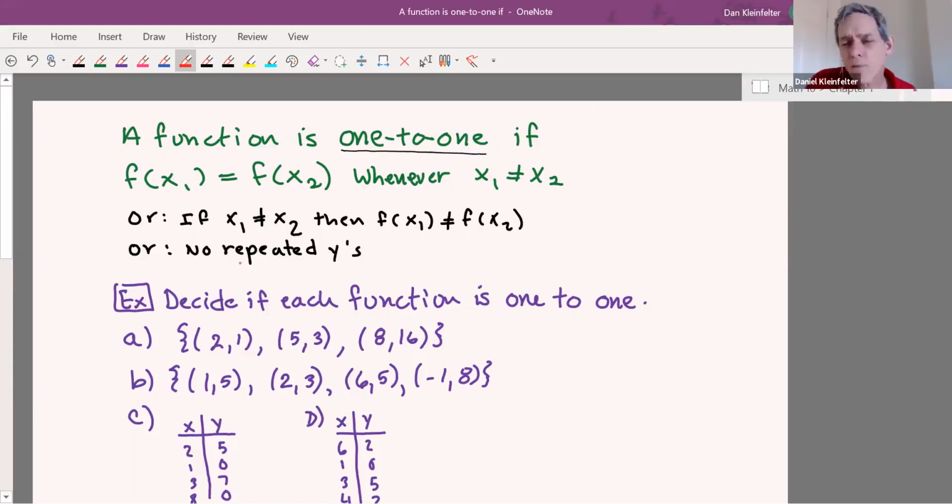In order for a relation to be a function, it had to not have repeated x's. One-to-oneness is stricter. For a function to be one-to-one, it has to have the property that the y values can't repeat, in addition to the x values not repeating. So there are several ways of saying that. The y values don't repeat. If x1 and x2 are different, that is, if you have 2 different inputs, then you'll have 2 different outputs. Or if you have equal outputs, you'll have